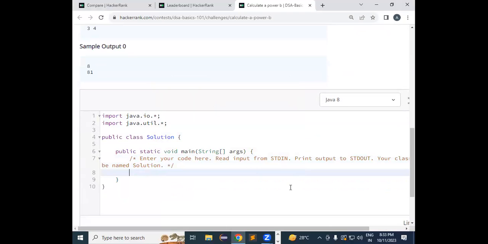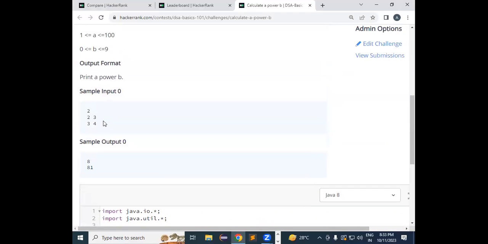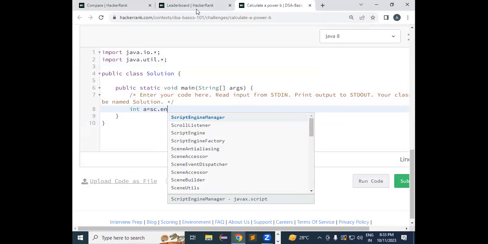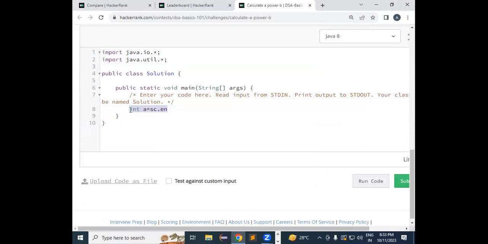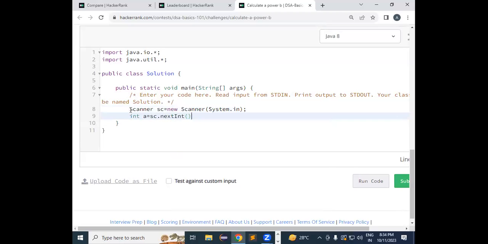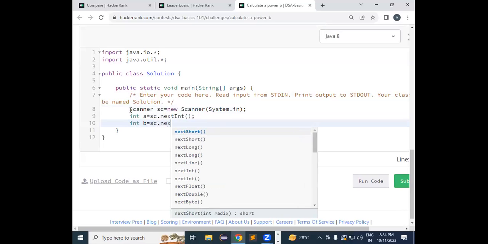What's the first thing in order to solve the problem statement? Can I say that we need two integers, which is nothing but A and B? Int A equal to sc.nextInt. Let me copy it from the code. Is it clear that you have to read two integers, everyone? You'll read the value of A, you will read the value of B,